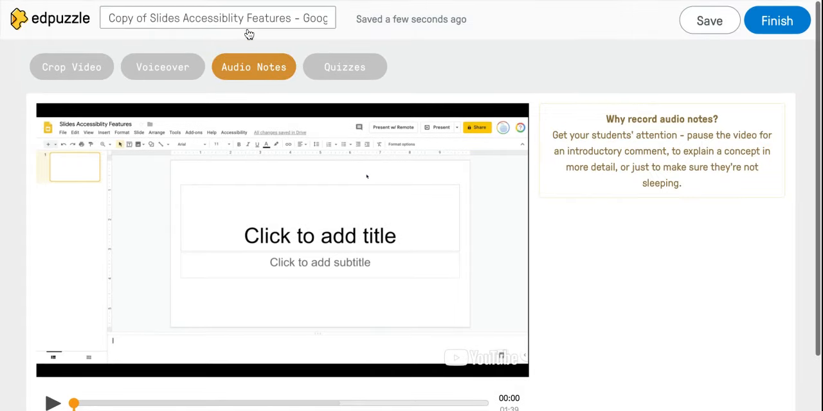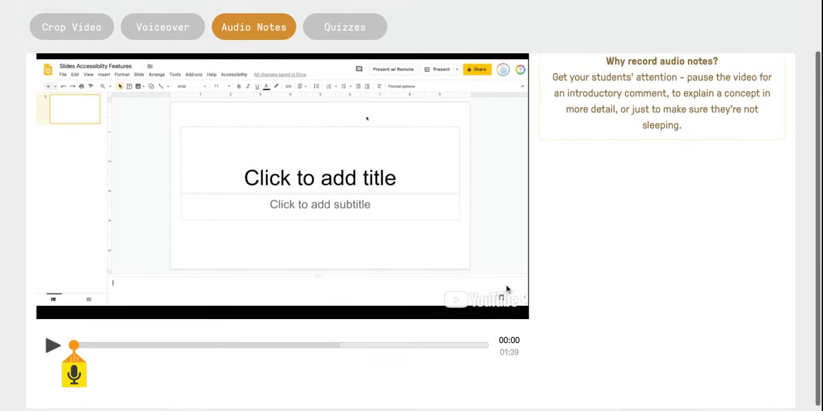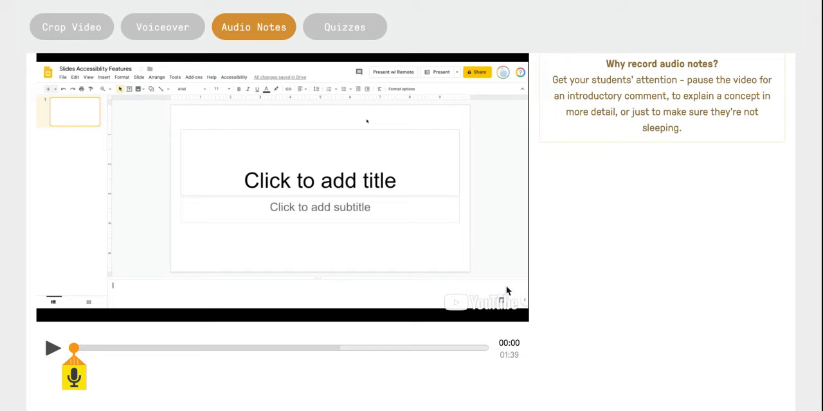Audio notes I like because it's the same as if you were showing a movie to the whole class and you paused it to talk about imagery in the background or symbolism or whether something is kinetic energy or not. So the way it works is, and notice everything is color-coded. So cropping is red, voiceover blue, audio orange, quizzes green. So for the audio notes, here's my